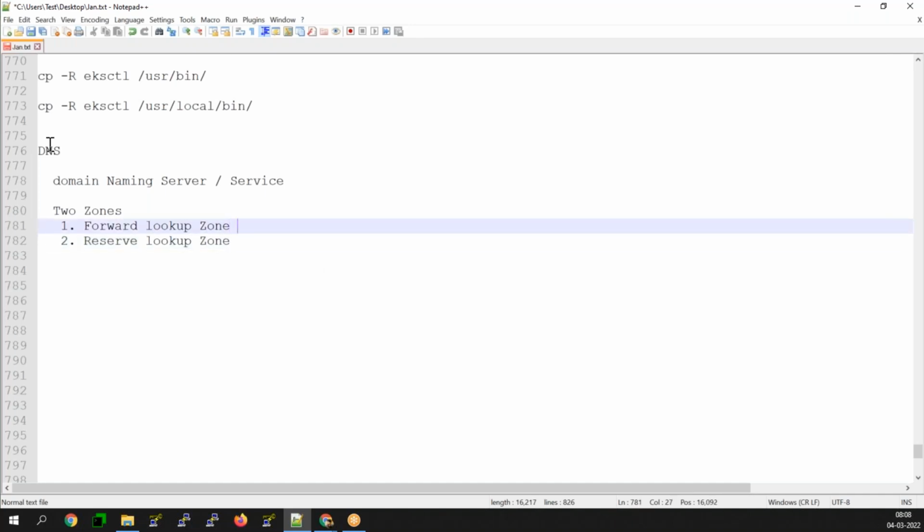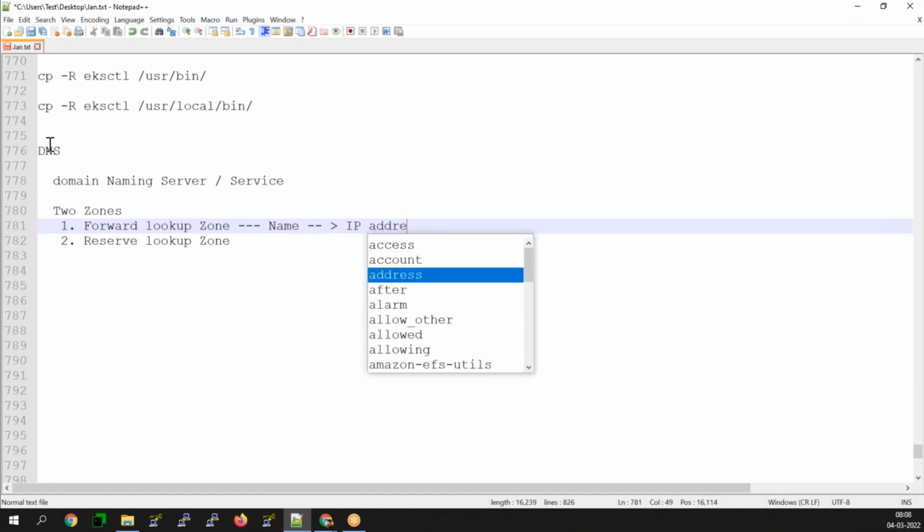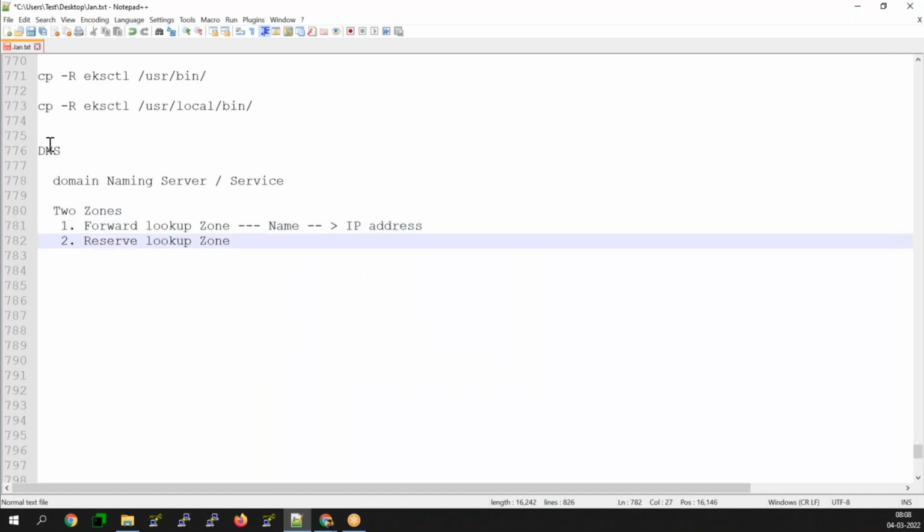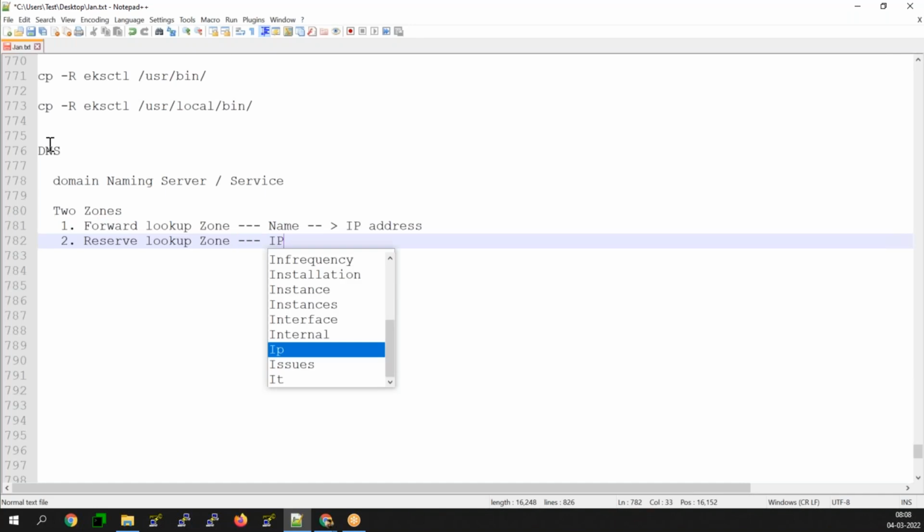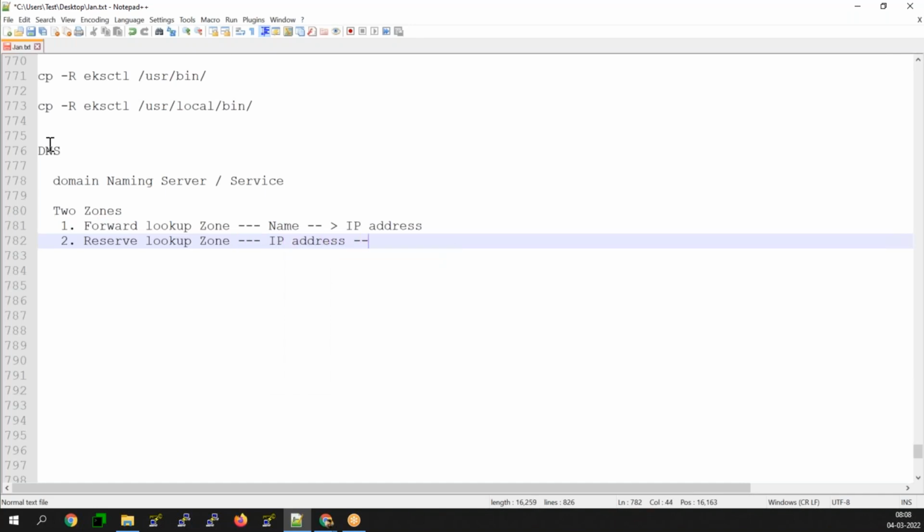The forward lookup zone is named as name to IP address, and the second one you call as IP address to name, right? IP address to name.